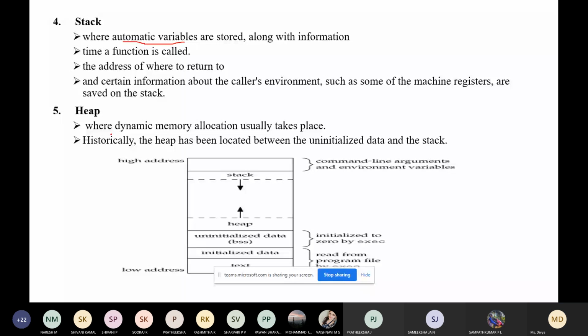Each time a function is called, the address of where to return to and certain information about the caller's environment is saved on the stack.